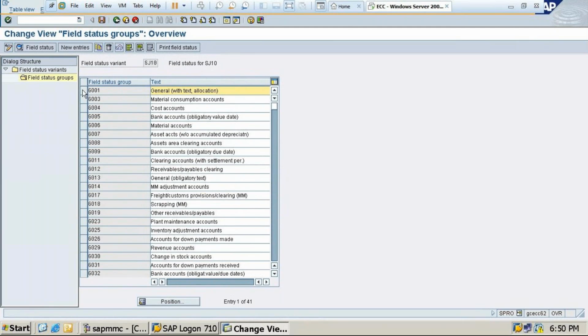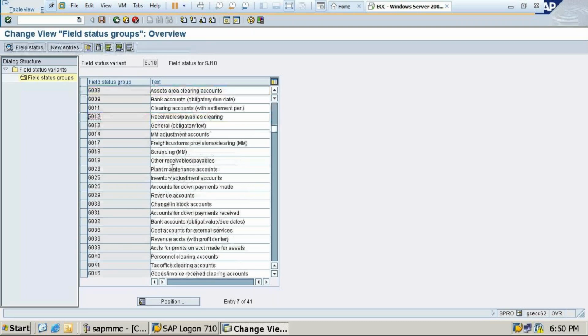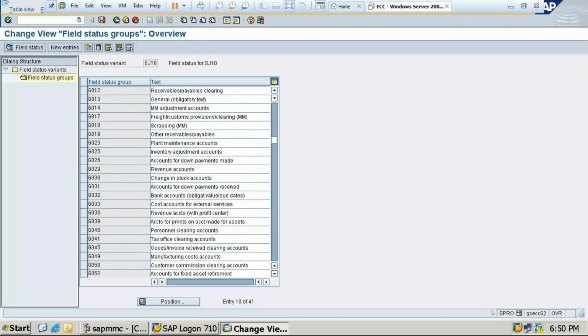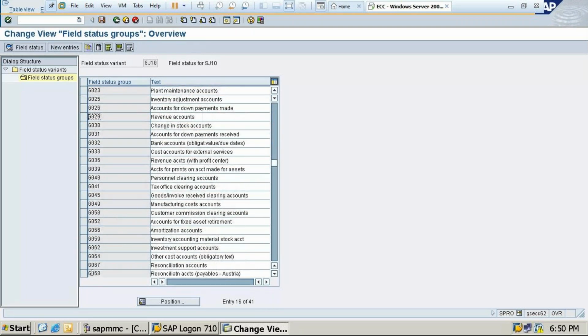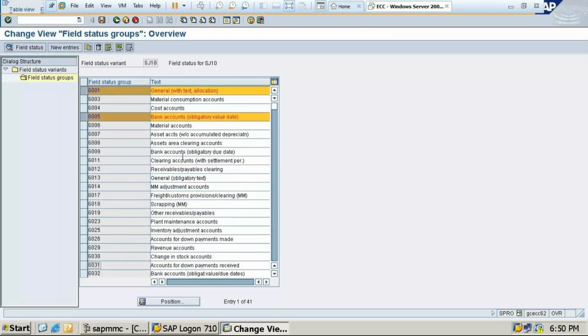So what and all you will select, this is G1, then G5, please make a note on this, then G001, G005, and next one is G067, reconciliation account. Right now, these three are required, students. Please make a note.